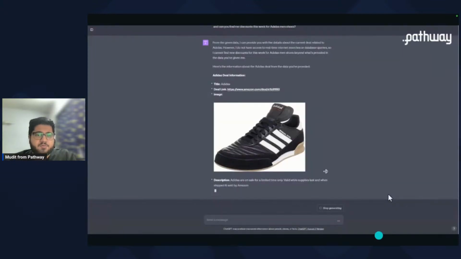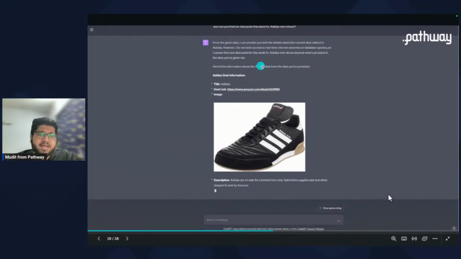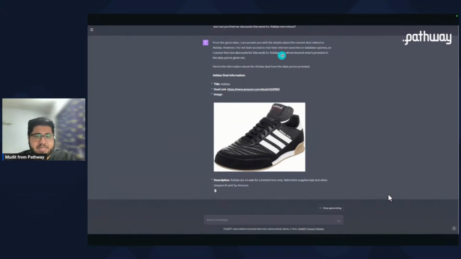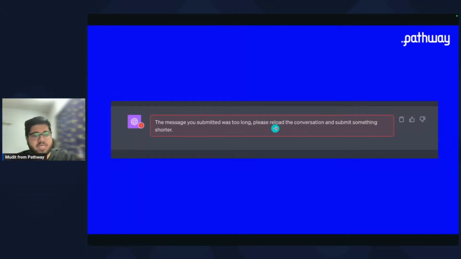So, for example, if you copy paste, it may end up giving you something like this: I can provide you with the details based on what you've provided. That's fine, right? But if you think about it from the perspective of the CEO of Netflix, the use case that we discussed, or more things, you'll understand it has a few challenges.